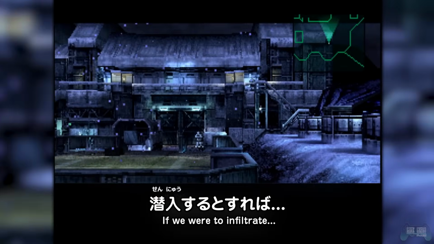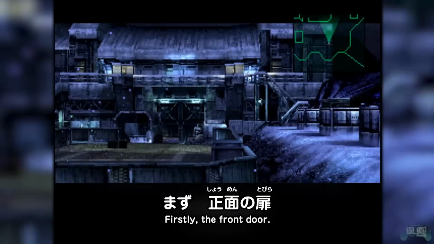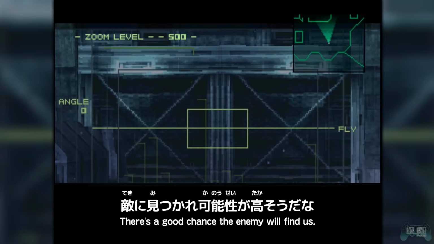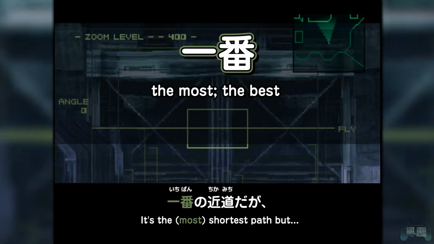潜入するとすれば、まず正面の扉。一番の近道だが、敵に見つかる可能性が高そうだな。